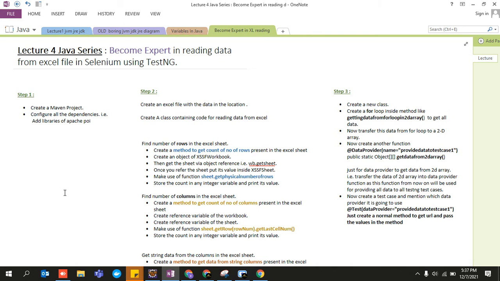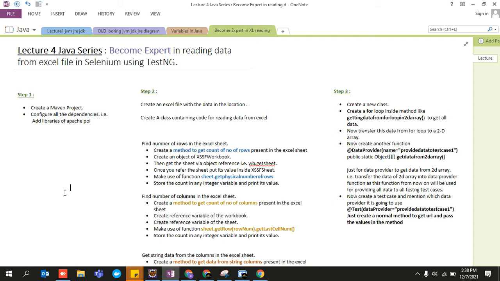I have seen people somehow learn how to read data from an Excel file, and then they tend to forget. After some years pass, I have seen people trying to learn that stuff again, the coding part. They have created their class file where they read all the data from the Excel, and they have simply hard coded it, or learned it by heart. So there is no logic involved. If I change something in their class file, all their scripts are going to fail. Why? Because they have learned it.